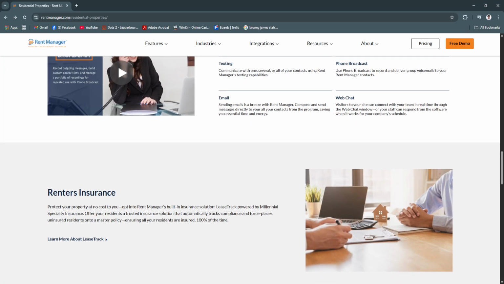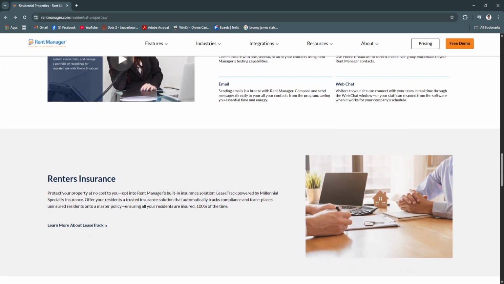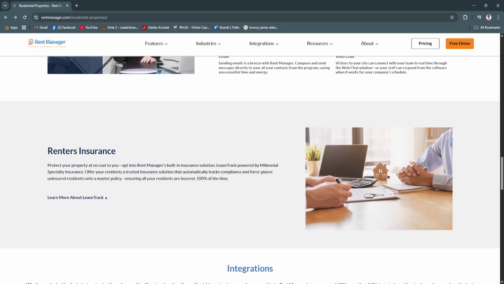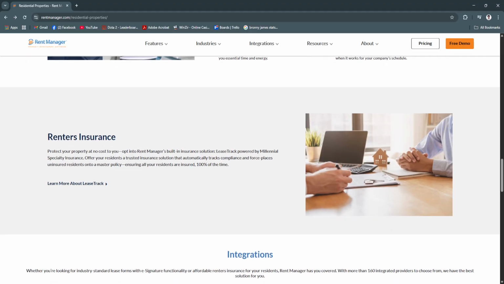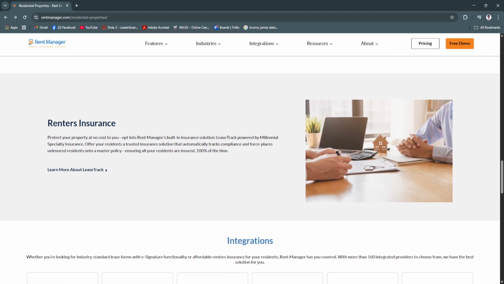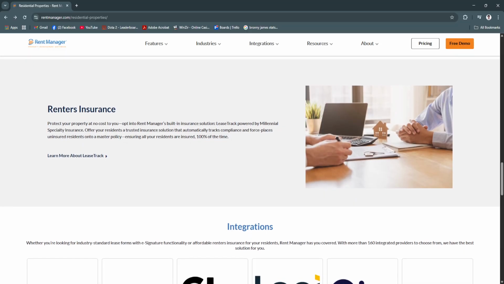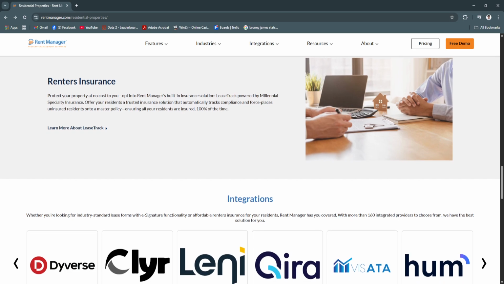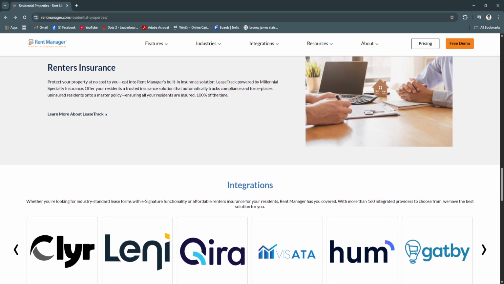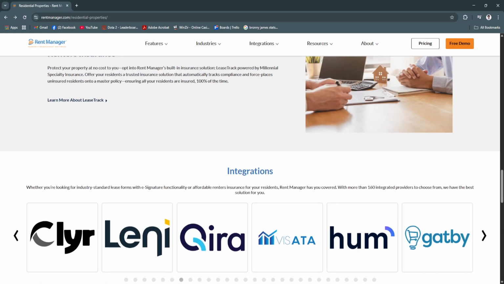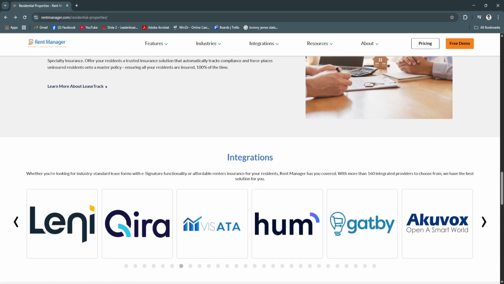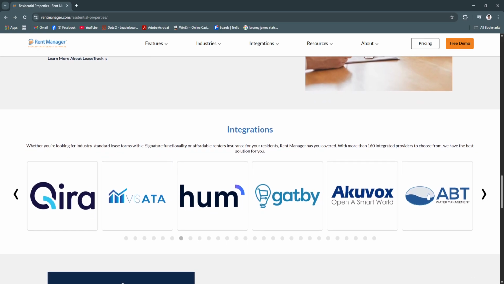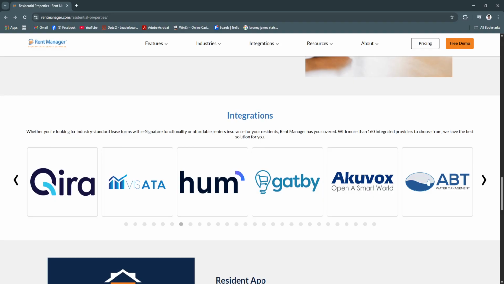So, why is Rent Manager a great choice? Rent Manager is purpose built for property professionals who want deep functionality without sacrificing flexibility. Its modular design lets you configure the platform based on your portfolio size, property type, and business structure. Whether you're a solo landlord managing a dozen doors or a large management company overseeing thousands of units, Rent Manager